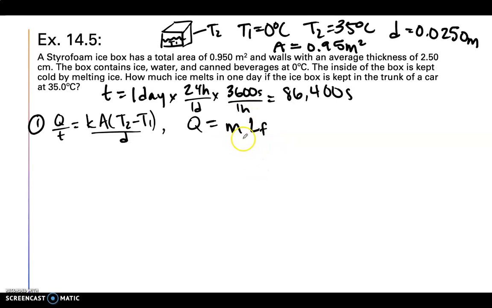So my mass here is going to be what we are looking for. So we're saying how much ice melts in 1 day. So we want to know some kind of mass